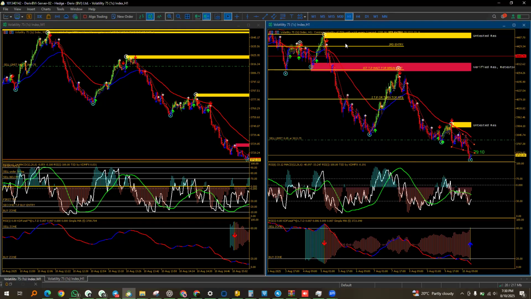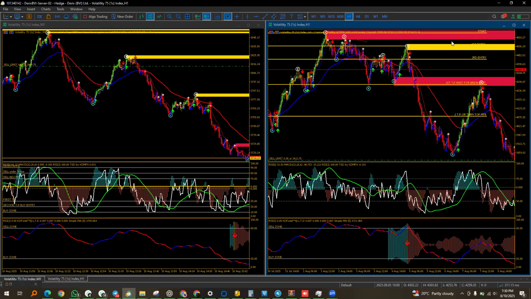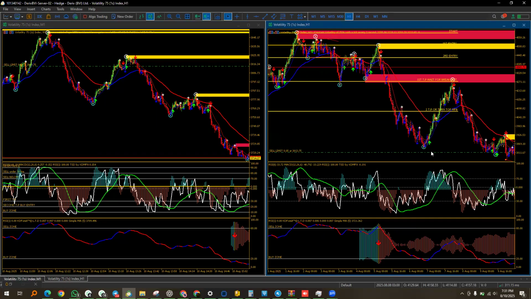Let me zoom in. Oh, this has to go down now. All right. So you jump in with the sell from this point. Then you jump in with the second sell from this point. Then you wait for the market to go down. You see, you're going to find yourself in all these profits, profits, profits. Then when the market retraces back, all these profits, you're going to lose them. Then it goes all the way down like that.